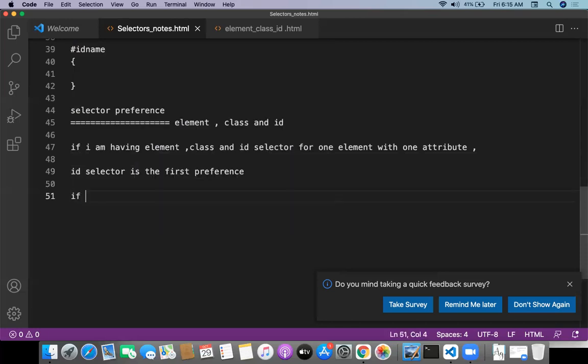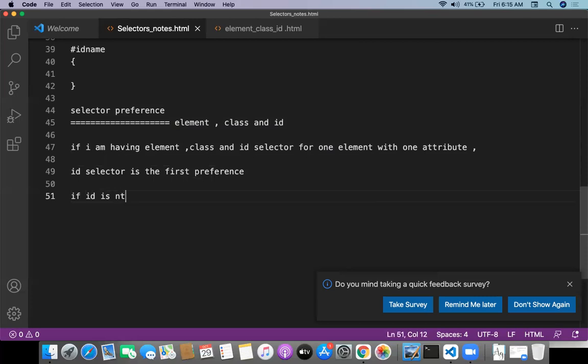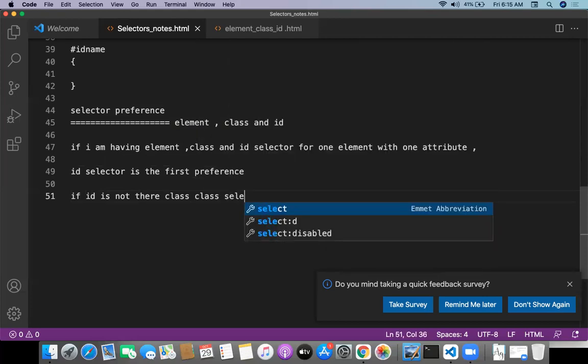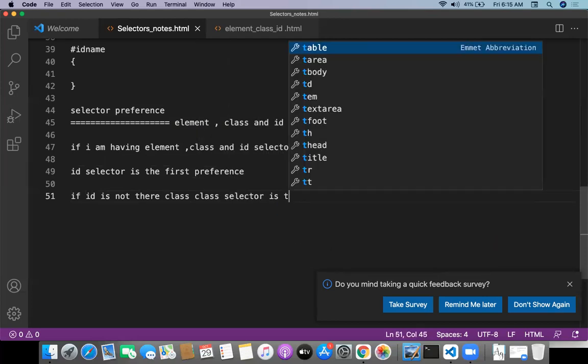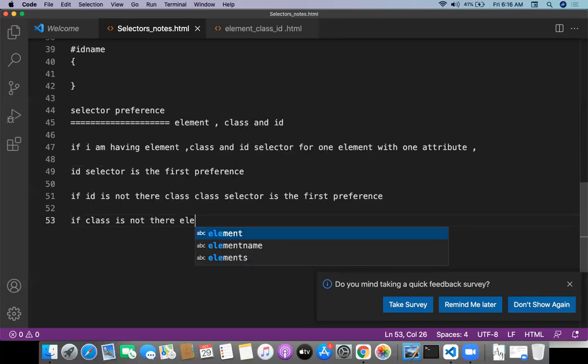If ID is not there, class selector is the first preference. If class is not there, element selector is the first preference.